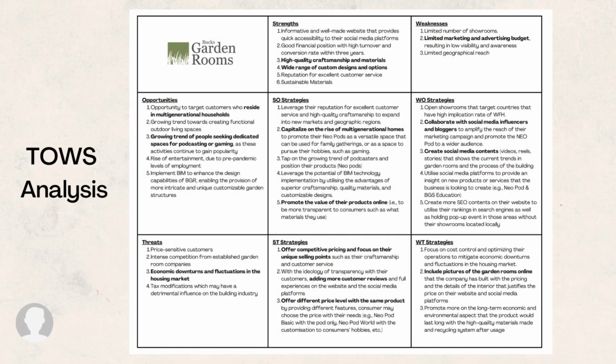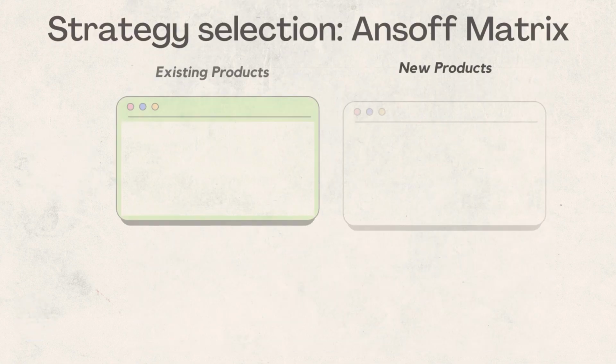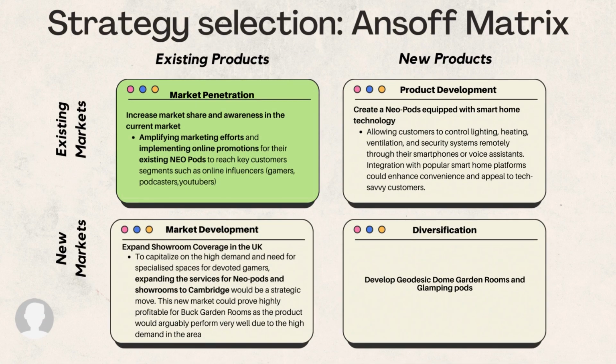After conducting both the external and internal analyses, we proceeded to utilize the TOWS analysis framework to align our external opportunities and threats with the internal strengths and weaknesses of the organization. This comprehensive assessment provided us with a solid foundation for determining the most effective strategic direction for the organization moving forward, which in our case was choosing to utilize the organization's key strengths to capitalize on the opportunities we have discovered in the market. Moving forward, the group utilized the Ansoff Matrix framework to identify potential strategies that can be